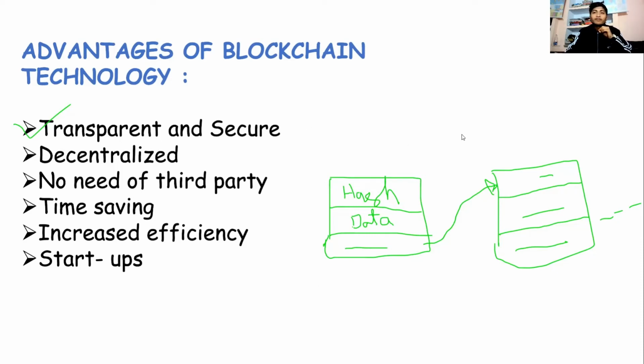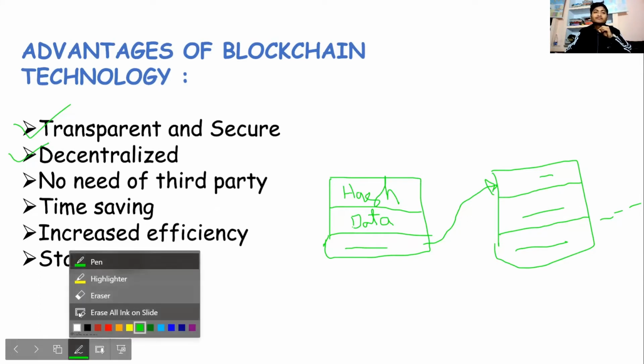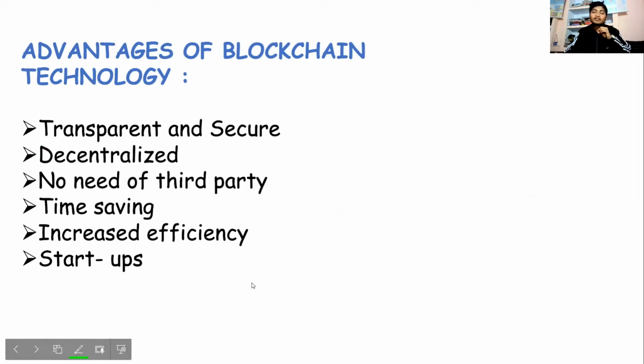We have to decode this computing block to get any kind of information, for the access of any kind of details of the transactions. So this is very secure and this is transparent. Why is it transparent? Because this is decentralized in nature. That means there is no central authority working for it. There is no central authority who is responsible for it.